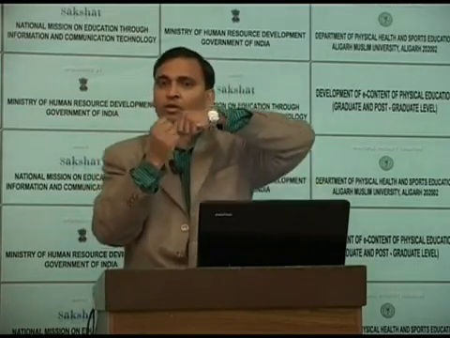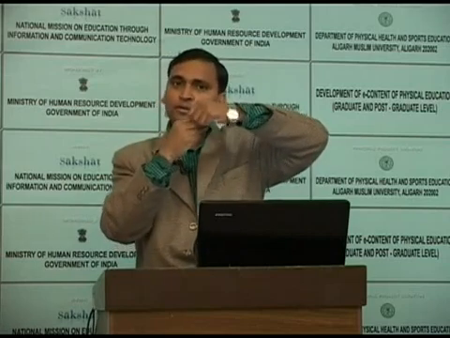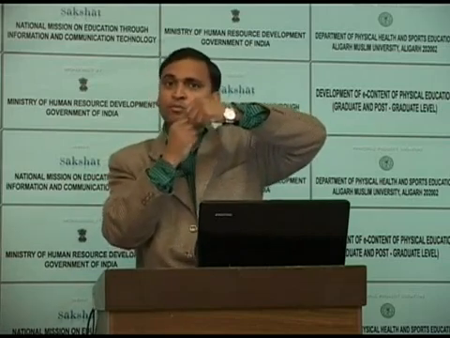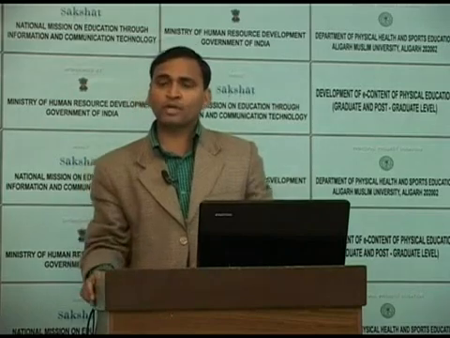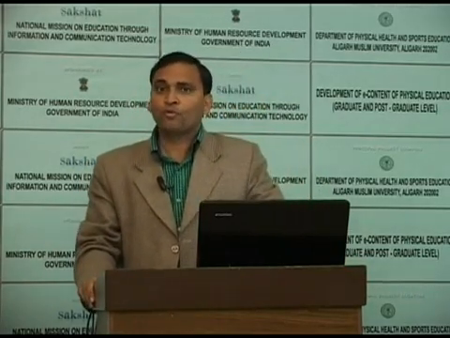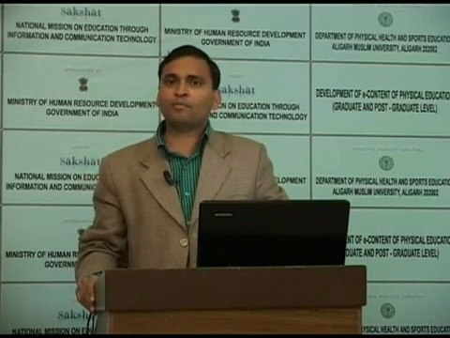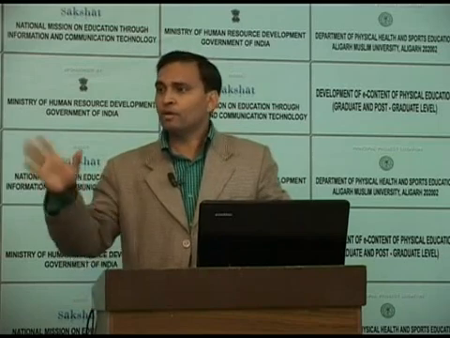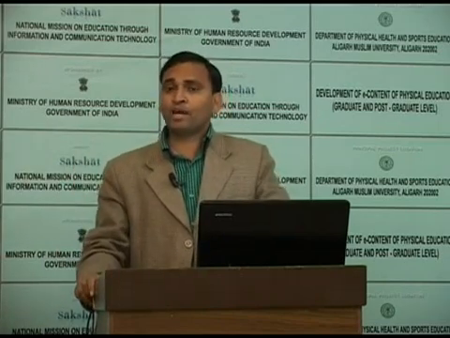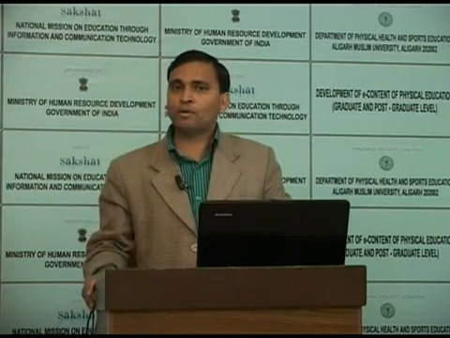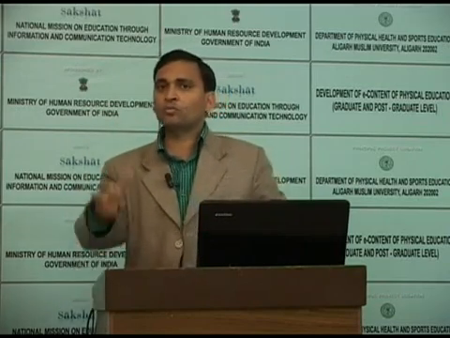But if there is no lubrication or there is more resistance, more friction between two joints, the muscle needs to apply more force. For every type of movement in the body, mainly there is one prime mover. But if that prime mover is not able to apply a sufficient amount of torque to produce bone movement,